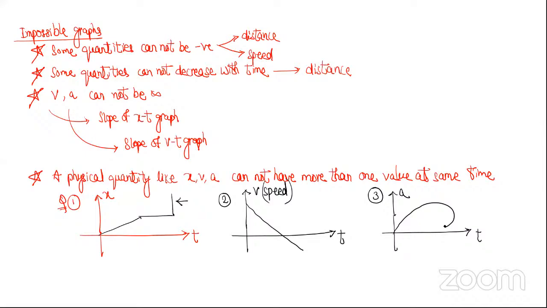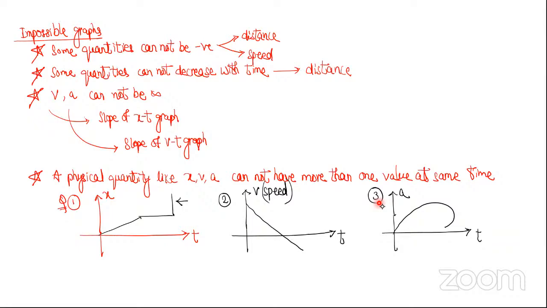Why not possible? The speed decreasing. Speed can decrease, body can slow down, speed can decrease. Time cannot decrease. Time is increasing, it cannot be negative. Speed has become negative here. Speed cannot be negative. That's the point. Achha, third,